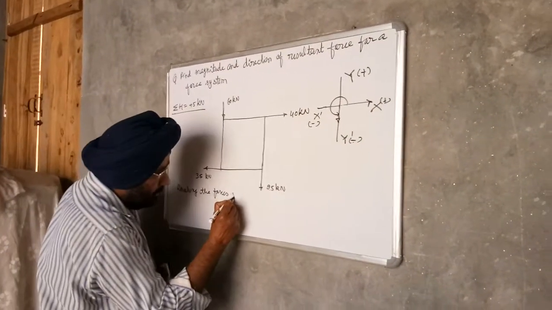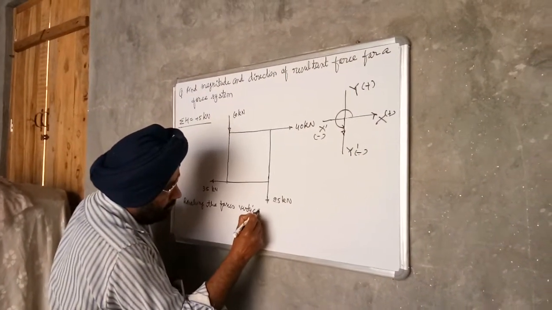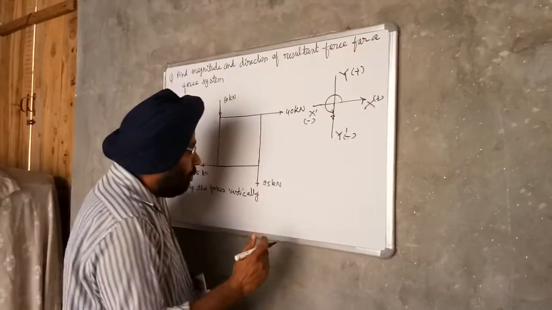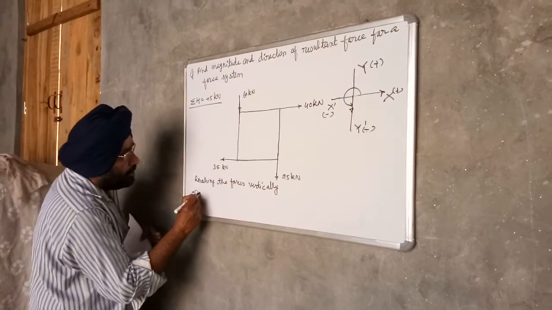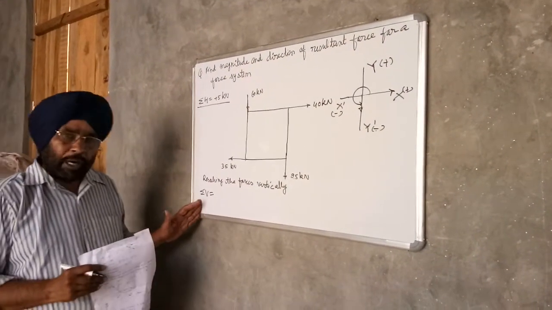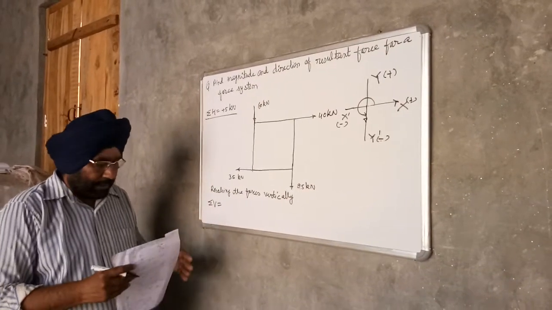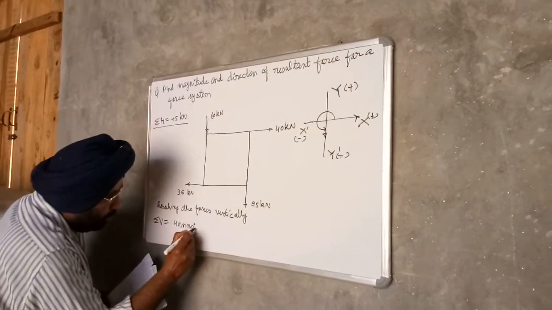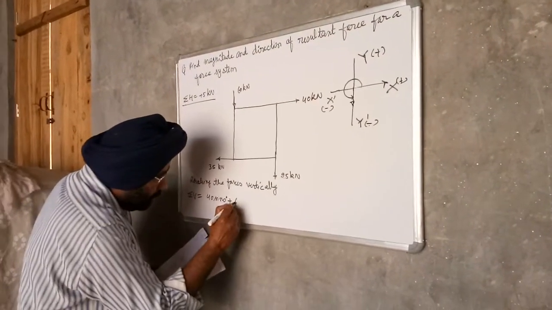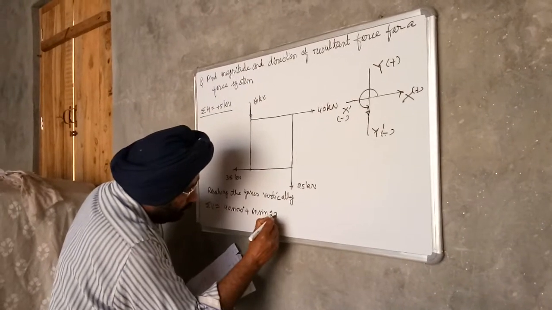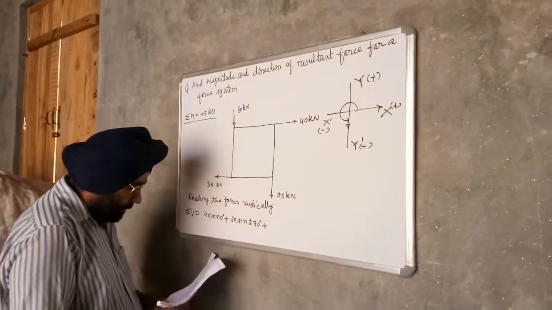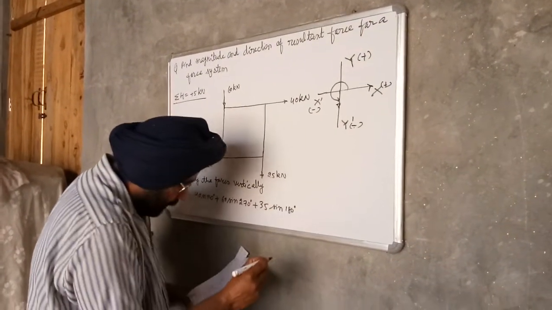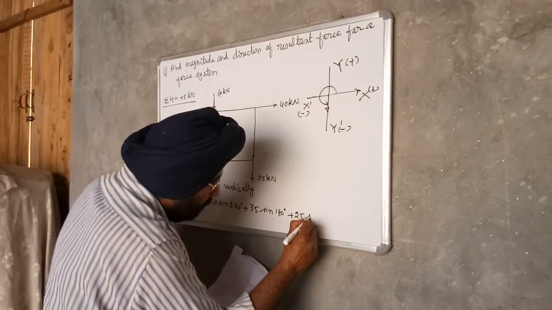Resolving the forces vertically, meaning along the y-axis, along the positive direction of the y-axis. So sigma V. Sigma V means the sum of the vertical components of the forces along the y-axis. So it means 40 sine 0 degree plus 60 sine 270 degree plus 35 sine 180 degree plus 25 sine